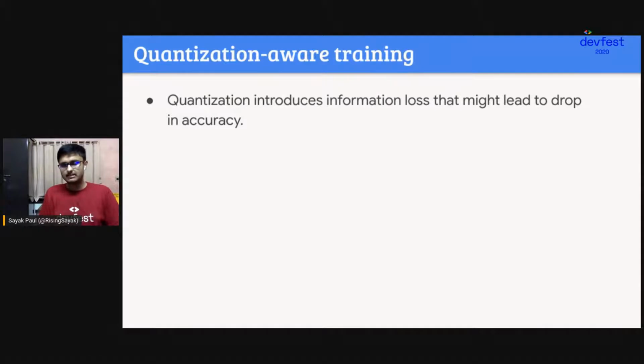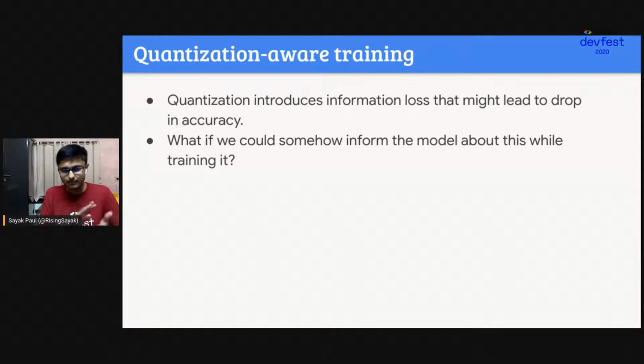And let us now discuss the quantization-aware training scheme. So it's a no-brainer that quantization introduces information loss that can sometimes lead to a drop in the model's original accuracy. Remember, in the beginning we mentioned that most of the optimization recipes come with this hidden constant of not compromising your original model performance. So post-training quantization can actually lead to a drop in accuracy sometimes, which is exactly why quantization-aware training might be very